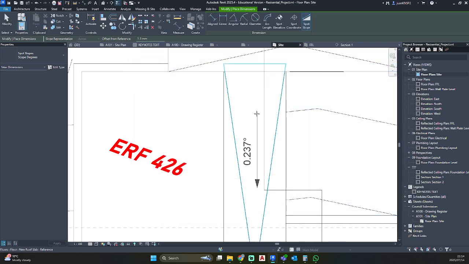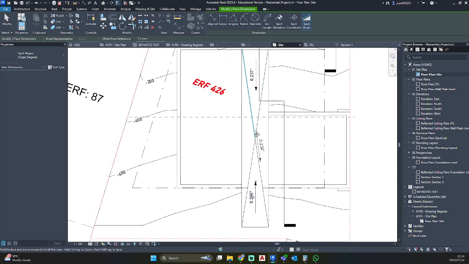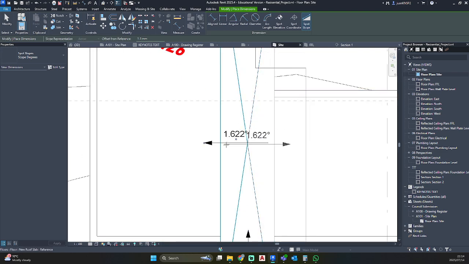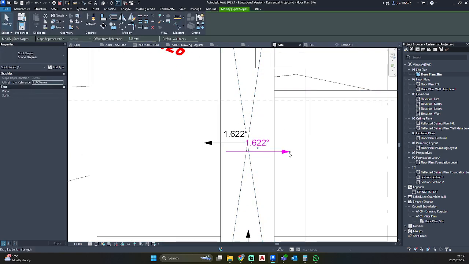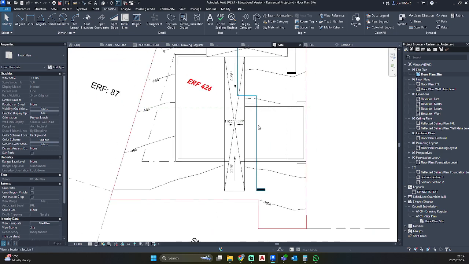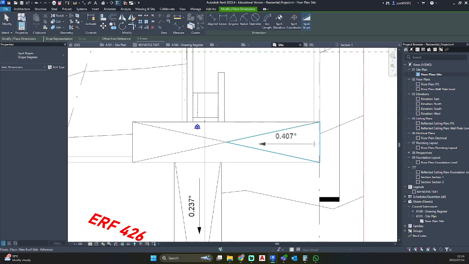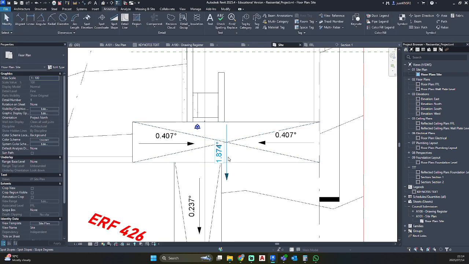Okay, 3 decimal places just to indicate that that is on a slope. So that is now on a slope. For the top one, you can see that is also now on a slope.